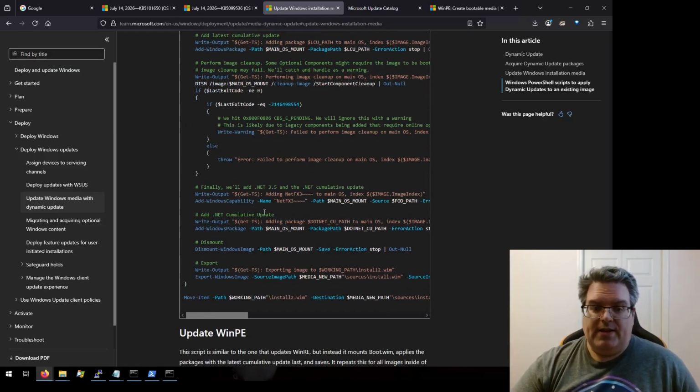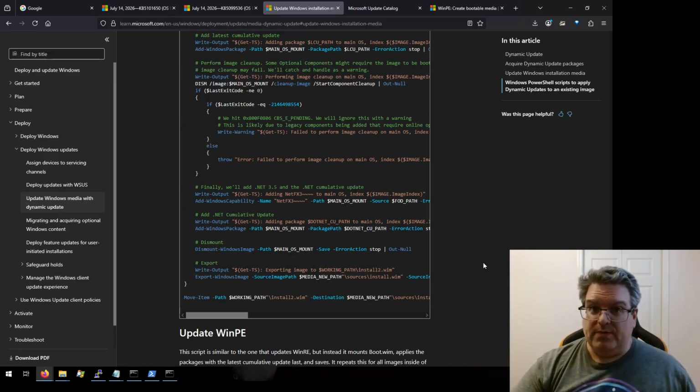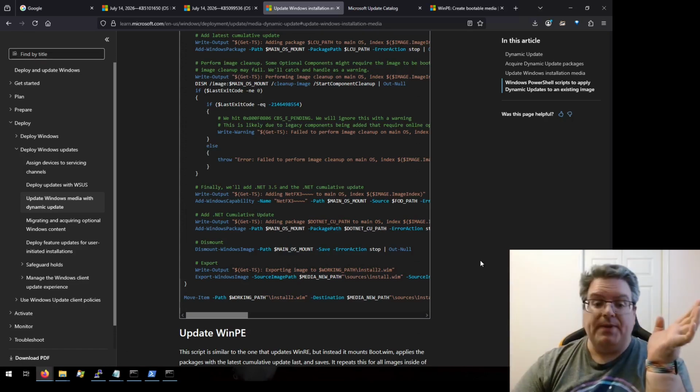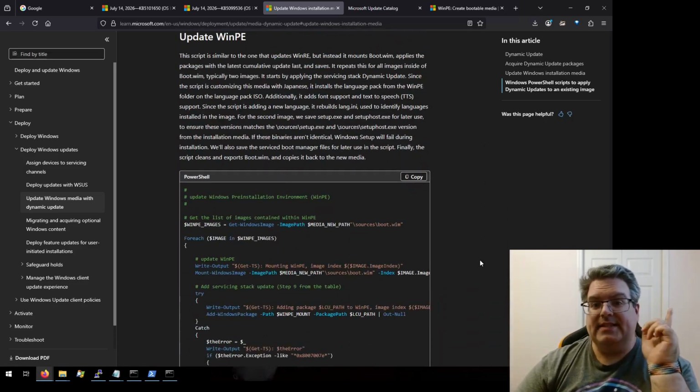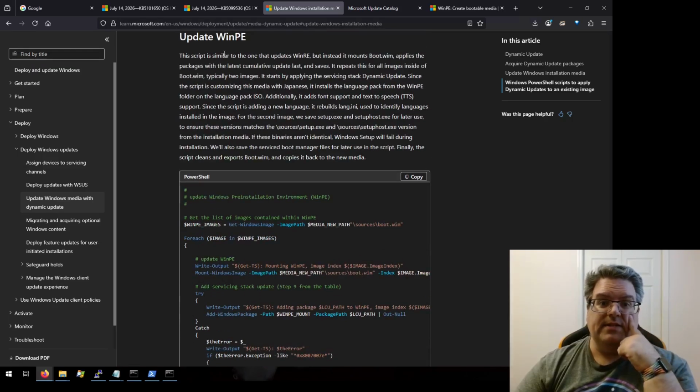And .NET, we're not going to worry about that. Then it's going to be a dismount, export, same thing. And we're done with that. Windows PE gets slightly trickier, but this does say that it's very similar to the one that updates Windows recovery